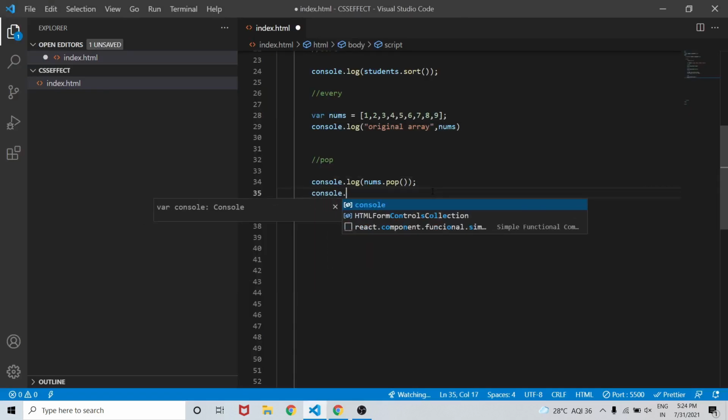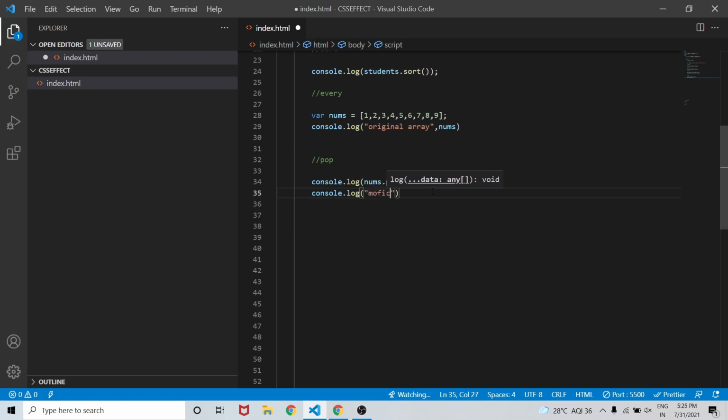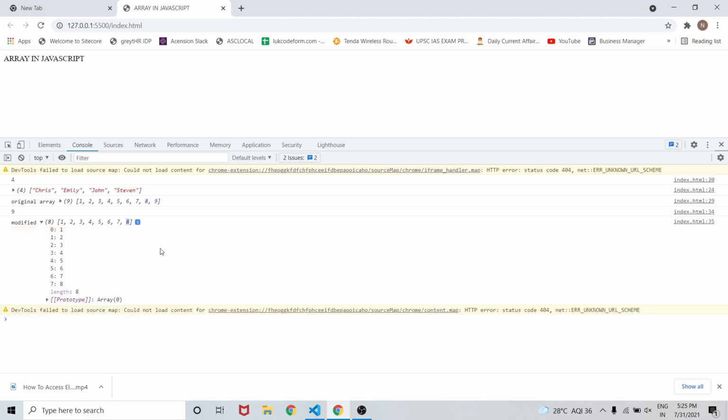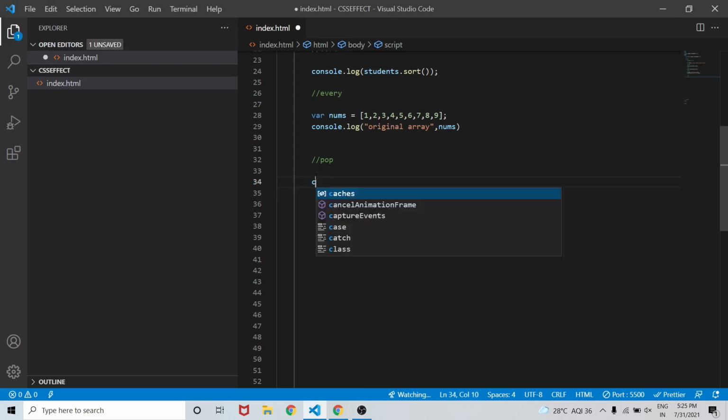So if I console.log nums with modified string, we can see the 9th element is now removed from our array. So 9 in the original array, we can see there is 9 at the end, but in our modified array it is not there.